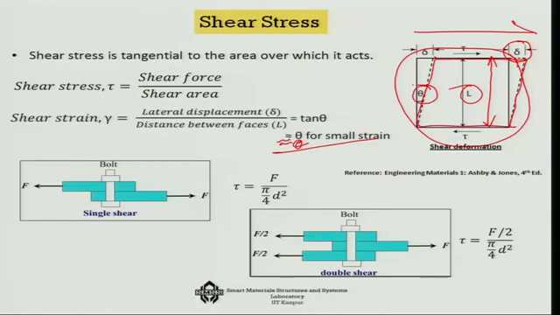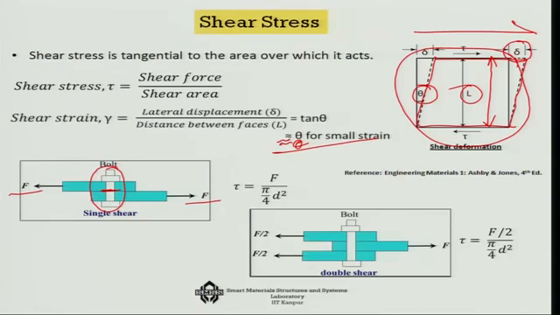For example, if you have two plates which are just lapped with each other, and you are using one single bolt to lock it, and then you are applying the shearing force on the plate system, then what you have is a single shear, because the bolt has to fail across this area of cross section. That shear stress is of a much higher level, corresponding to the force you are getting only this much of area.